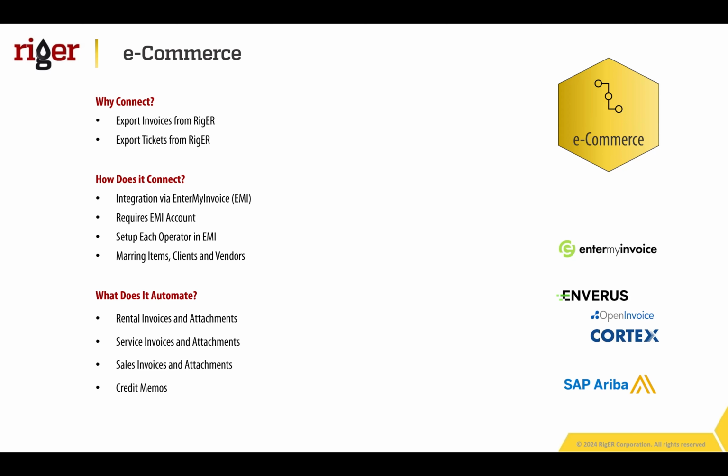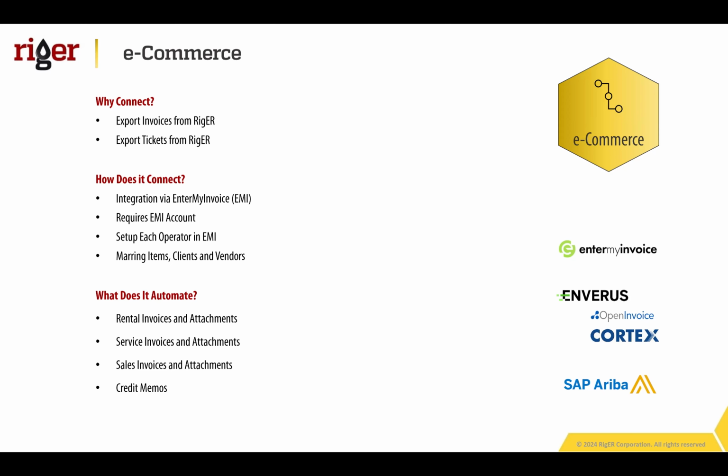It will require mapping. Sometimes different operators use different names for the items. Say, for example, we have one name for a service for one operator and another name for the service for another operator. It's possible to do that